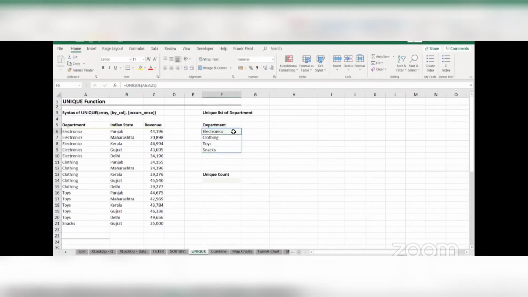Now, let's take a look at the second and the third argument of this syntax. The second one is by column, right? So by column is basically the same concept. If you have horizontal data, by column will be set to true. By default, it is set to false. Let me just show it to you. Here you have true, here you have false. False is vertical, true is horizontal. Default is false. Here we have vertical data, so that's fine. Let's skip the argument for now.